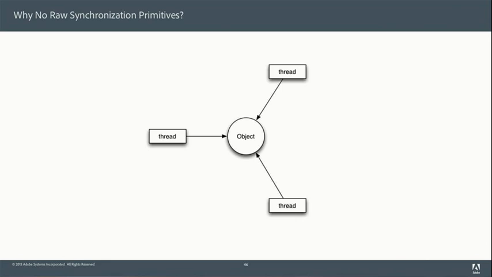Now, the other thing, why no raw synchronization primitives, besides you'll get it wrong, and I've done things like call up Hans Boehm, who did the memory model, and ask, is this right? And he looks it over and goes, I don't know. So here's the model that a lot of people have around threading. They say, I've got this object, whatever object I'm working on, and I've got a bunch of threads pounding on my object. And so I need mutexes to control all that pounding, to organize things so everybody gets their turn.